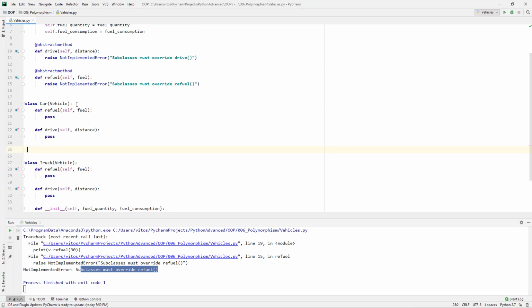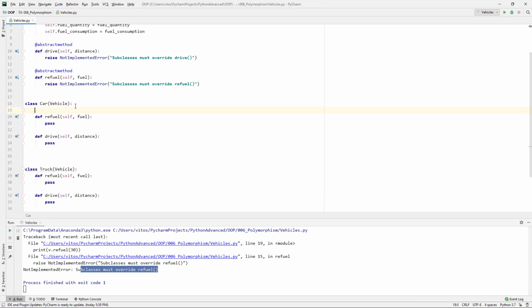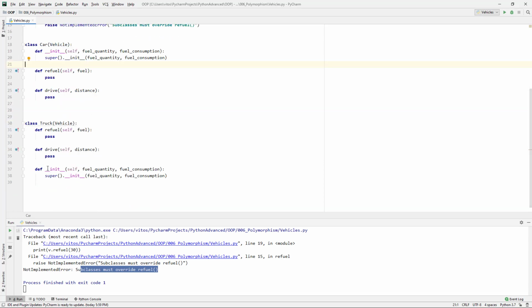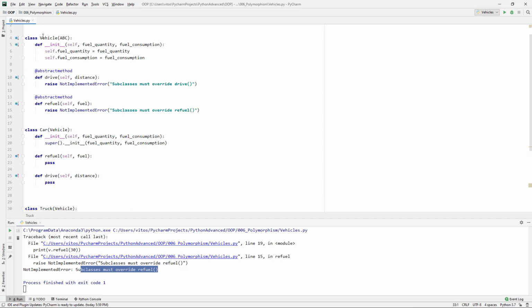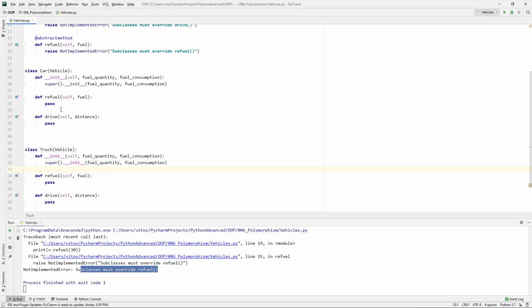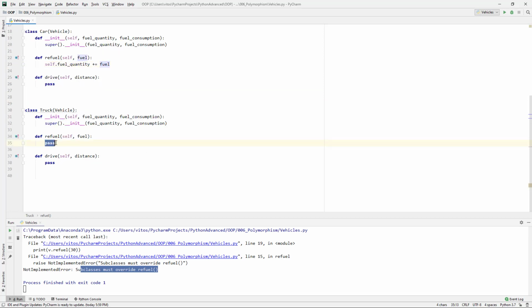I would like to have the constructors on top, below the class, because I like it a bit more this way, like having the class and having the constructor. It's a bit more neat. So let's see with the refuel. What was with the refuel of the car? self.fuel_quantity plus equal fuel. Yep, like this exactly. What was with the refuel of the truck? self.fuel_quantity plus equal fuel. Pretty much